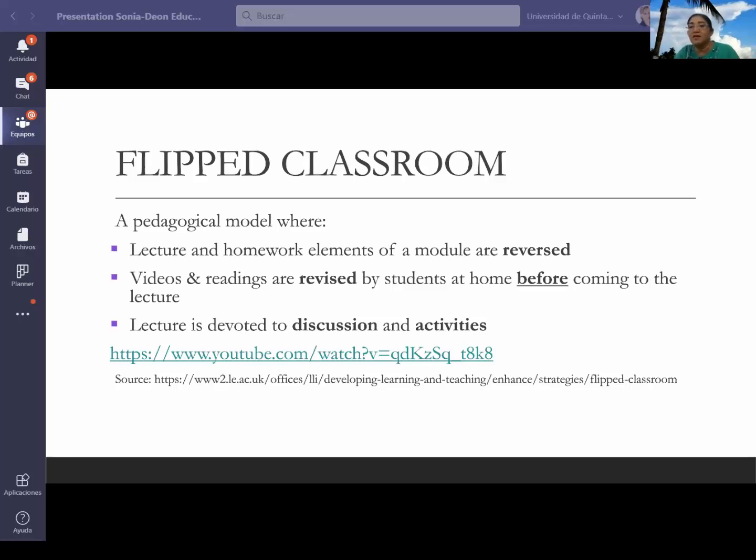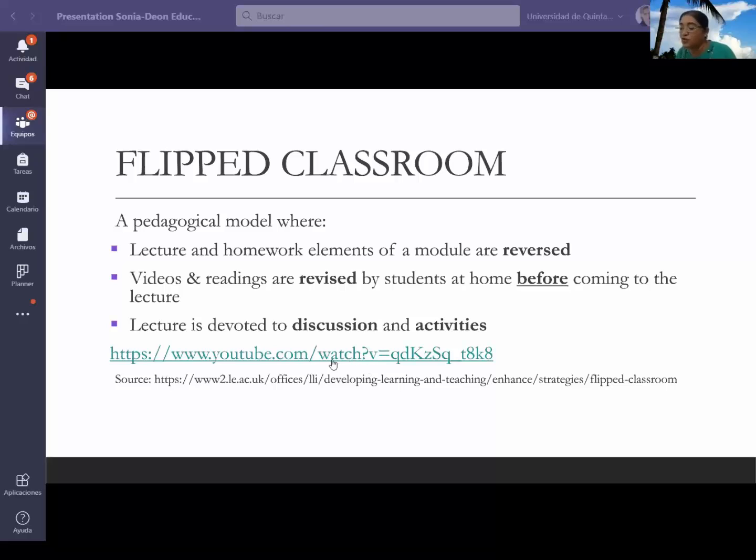I don't know if I have students here from enseñanza de habilidades, but they have to do the readings first. And then afterwards, when we come to the class, the idea is that we discuss what they read and we do activities based on what they read. So that is what we are talking about here in the flipped classroom,